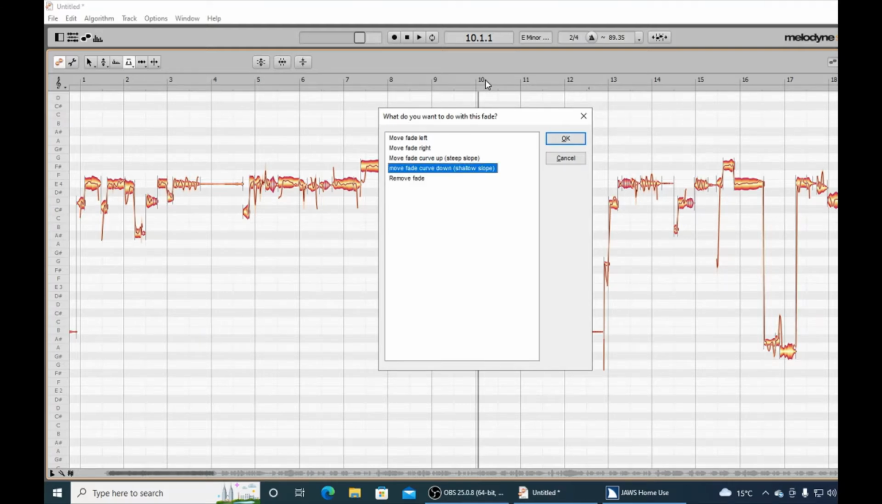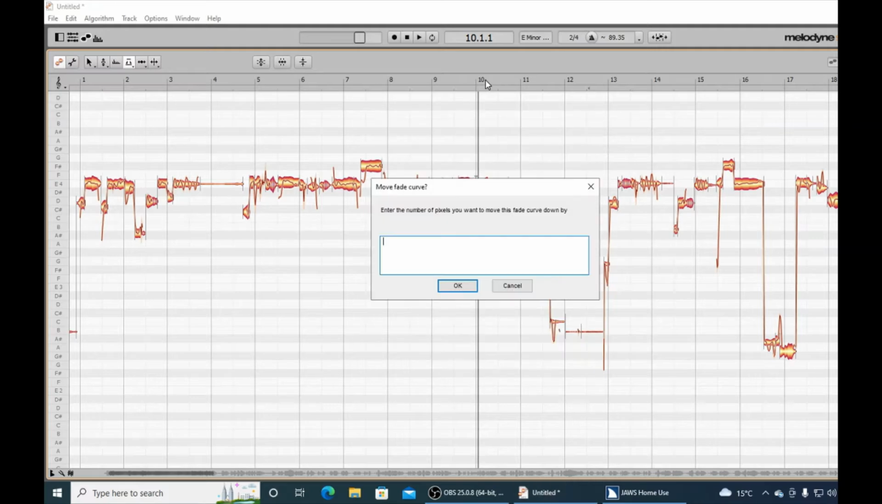Move fade curve down, left parent shallow slope, right parent. 4 of 5. Okay, the fade curve. So this will be a shallower slope, so it should make the gap a little bit more obvious. OK button. Alt plus enter. Untitled star. Move fade curve dialog. Enter the number of pixels you want to move this fade curve down by. Okay, I'm going to put in